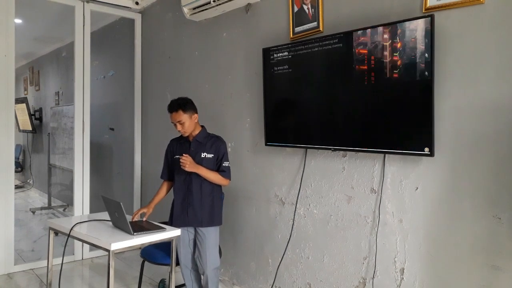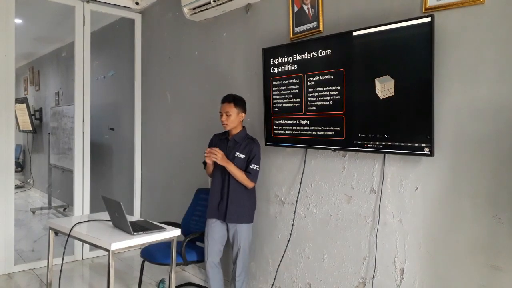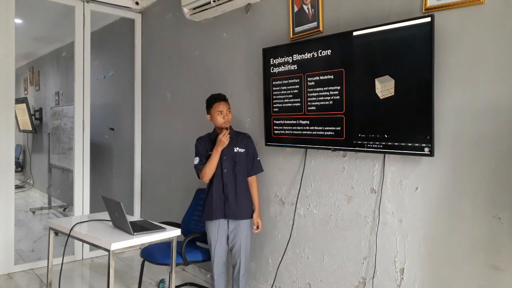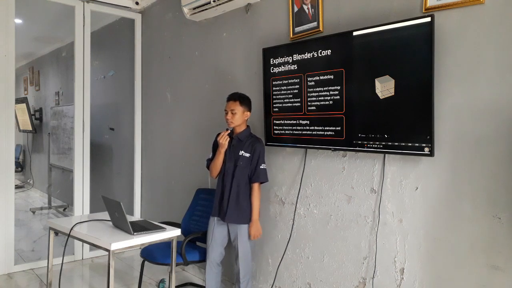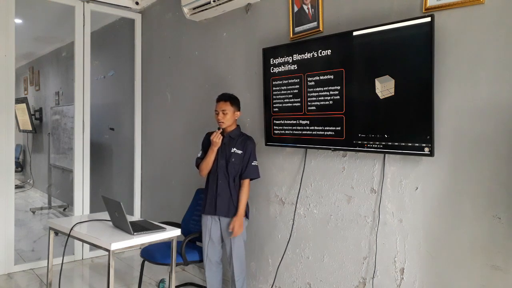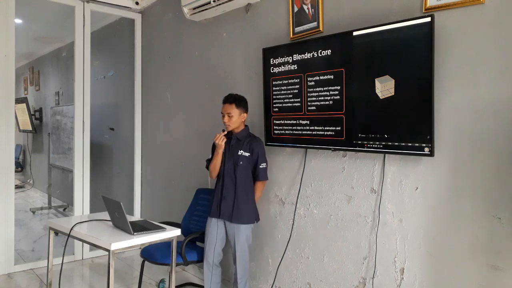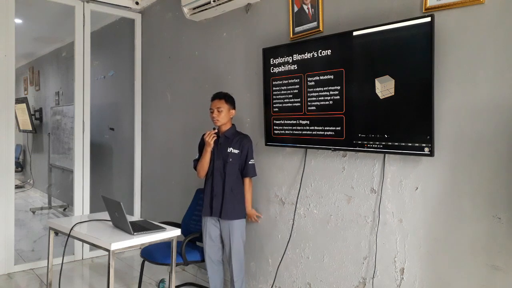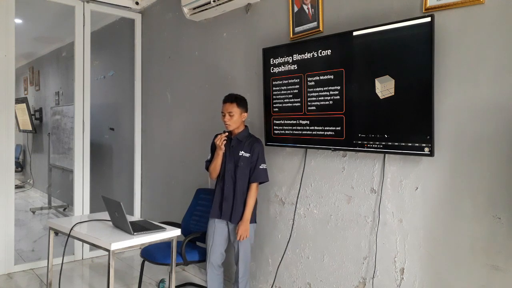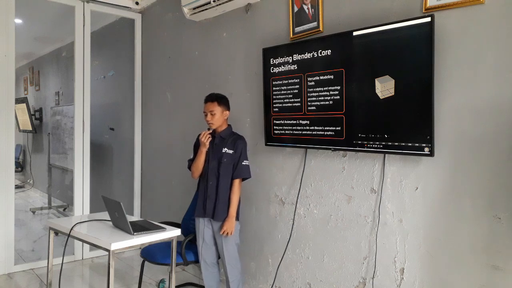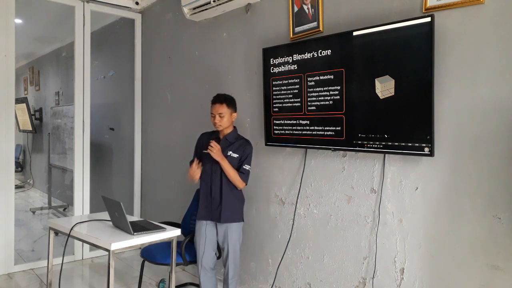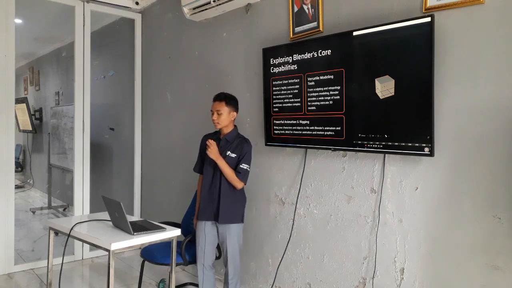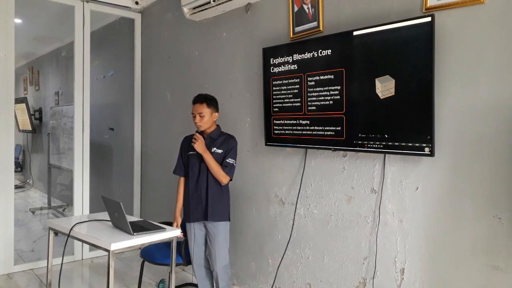Okay, next. Exploring Blender's core capabilities. First is intuitive user interface. Blender's highly customizable interface allows you to tailor the workspace to your preference, while node-based workflows streamline complex tasks. And the second is versatile modeling tools.